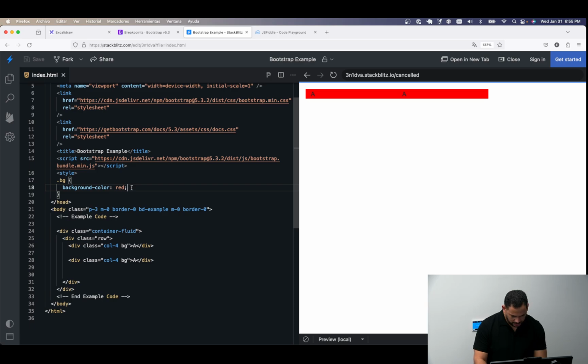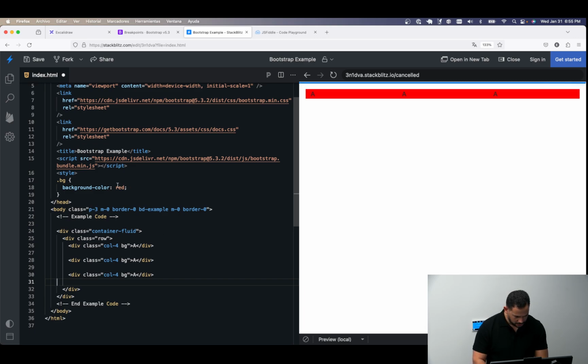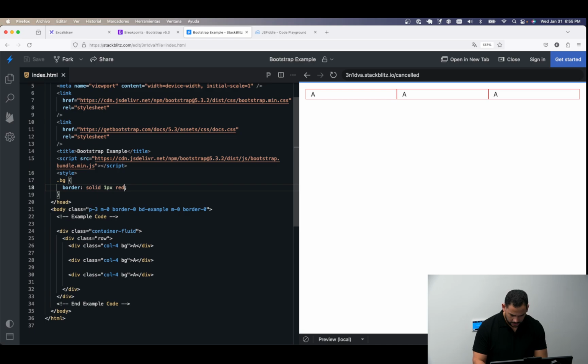How can we separate? Okay, let's do one more. I guess we can do border. Sorry, 1 pixel red. Okay, this is better. So as you can see, we have 4 columns, each with 4 spaces, and they amount